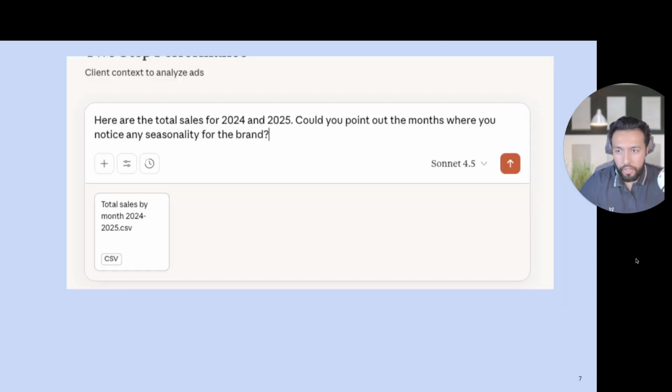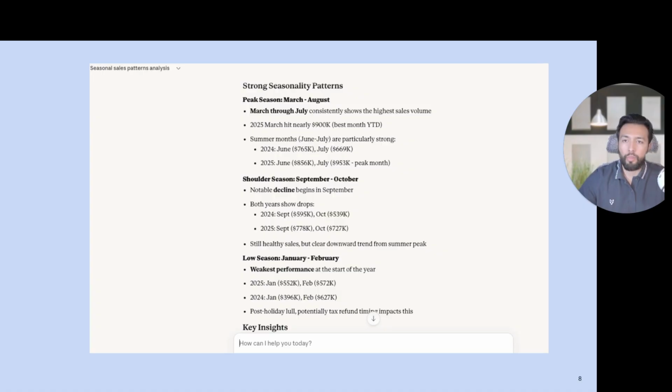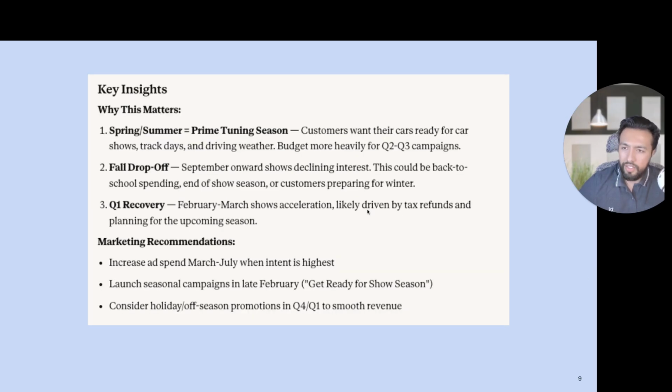Then I go back to Claude, upload that CSV that I got from Shopify, and then I simply prompt it to say, here are the total sales for 2024 and 2025. Could you point out the months where you notice any seasonality for the brand? And then it will come out with, the peak season for this brand is between March to August, and then a decline from September to October, with a low season of January to February, giving me some key insights of,